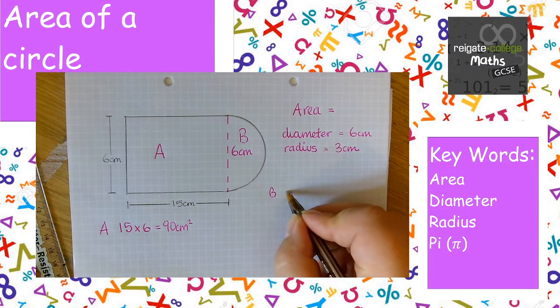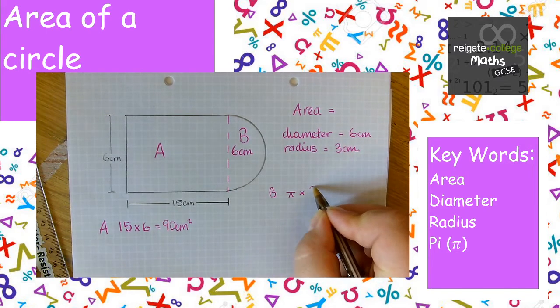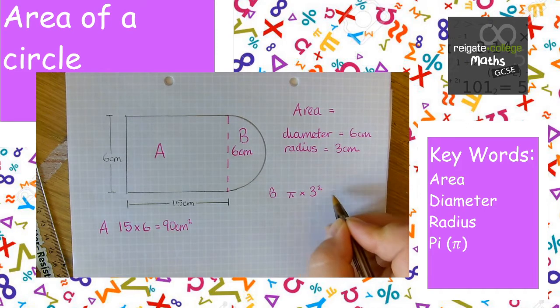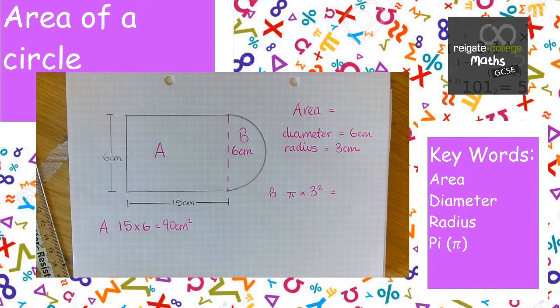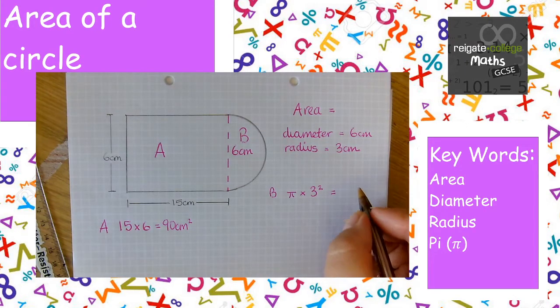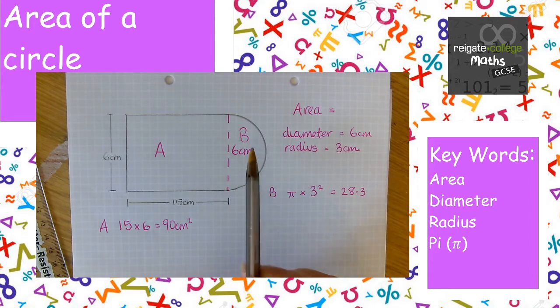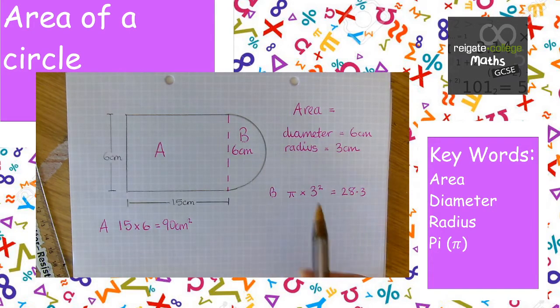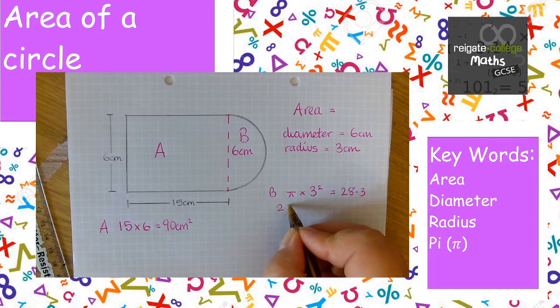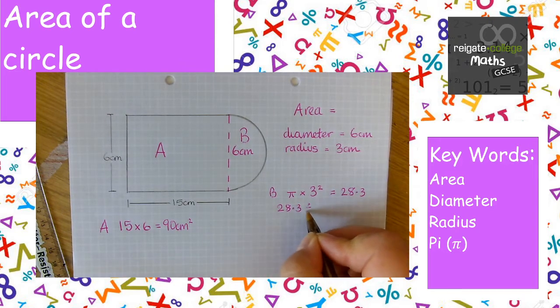So that would be pi multiplied by the radius squared. That's 28.3 to 3 significant figures. But because it's a semicircle, I only need half of it. So 28.3 divided by 2